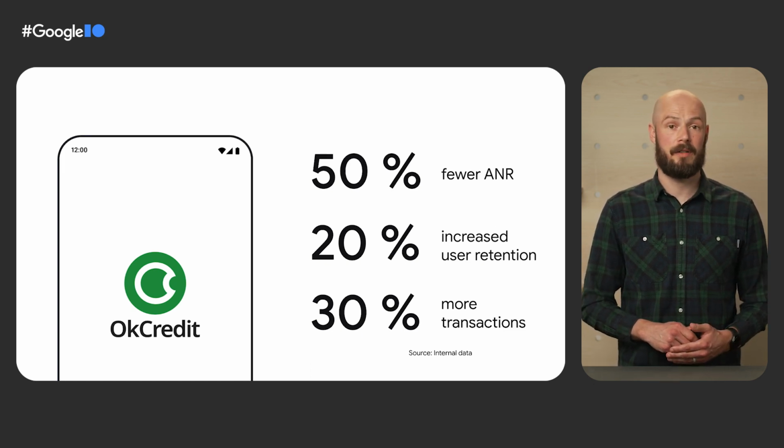Again, we see that focusing on performance can have a very direct and significant impact on your user experience and business metrics. Android Studio, Vitals, and Firebase Crashlytics are great data sources for real-world user data, and make it easier for you to investigate and monitor jank both during development and production.